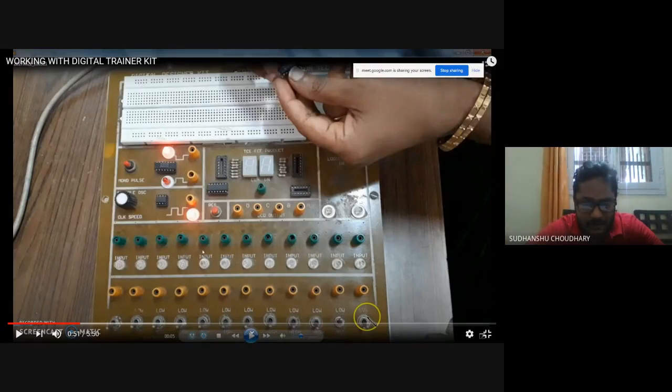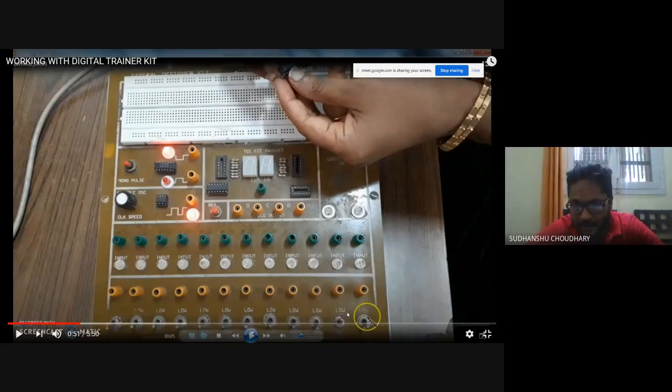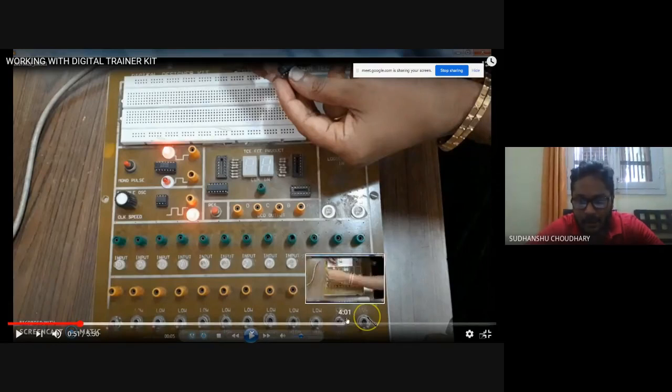Similarly, here we have the inputs which are associated with the switches. These are the switches at the bottom. If a switch is in the off position, I say it's low, and if a switch is in the on position, I say a high state is being passed. These orange ones are connected to these switches, and the logic state on these input lines can be changed to either 0 or 1, low or high, by controlling through these switches at the bottom.